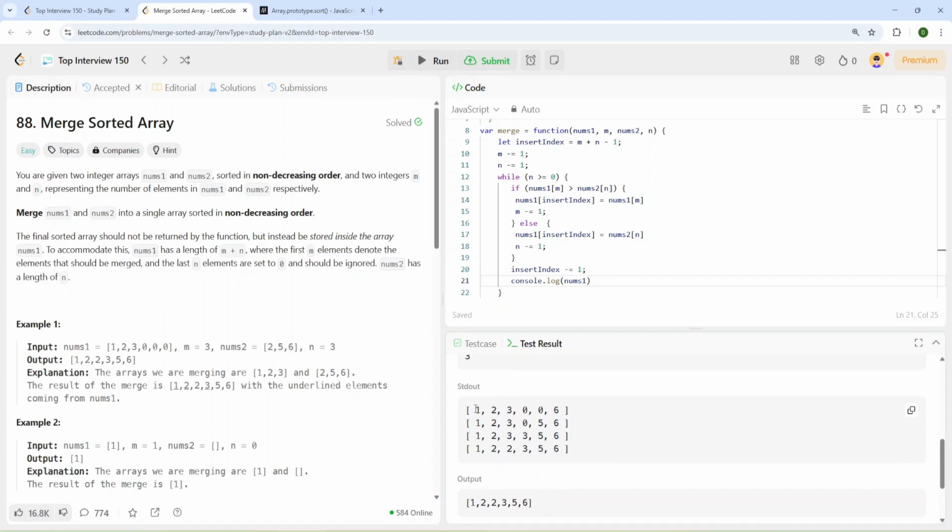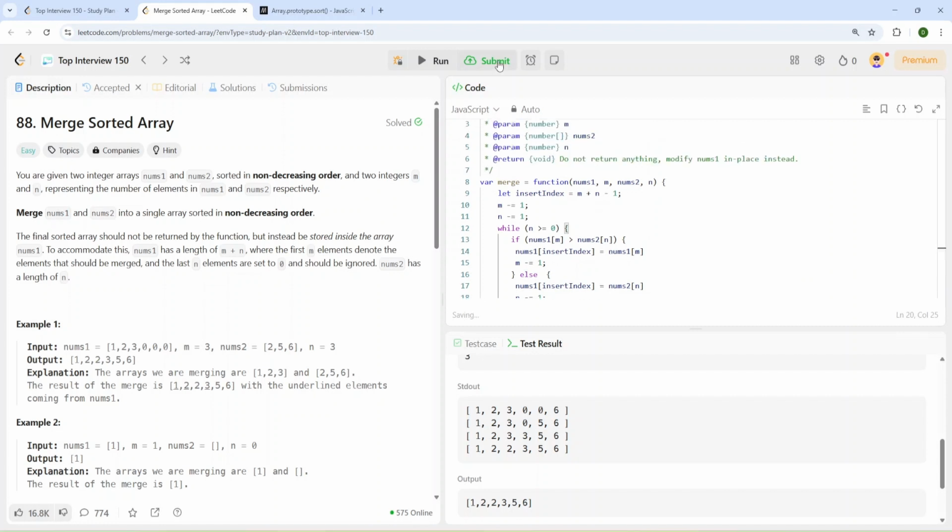As you can see, we have 1, 2, 3, 0, 0, 6, and we added the last element from nums2 here. Then we moved one step back and added 5. Then we added 3, and then placed 2 and stopped our loop. Okay, I'm going to remove this console log and submit my solution.